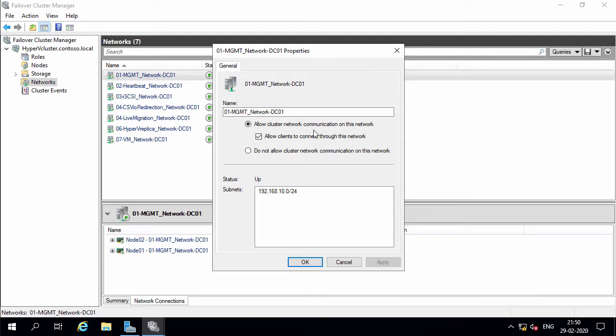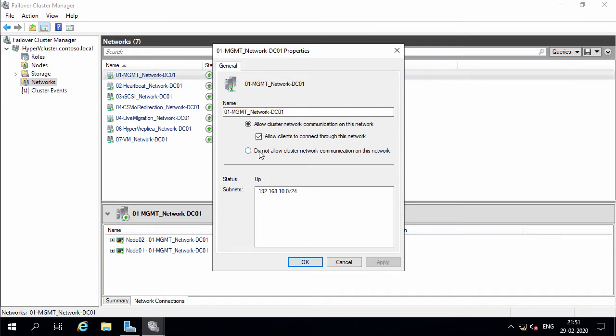Selecting this option will use the network adapters for cluster communication only. This option must be selected for the management network, heartbeat network, live migration network, CSV IO redirection network, and Hyper-V replica network. Now, selecting the checkbox allow clients to connect through this network on a cluster network will allow the management of the cluster. This option must be selected for the management network only.